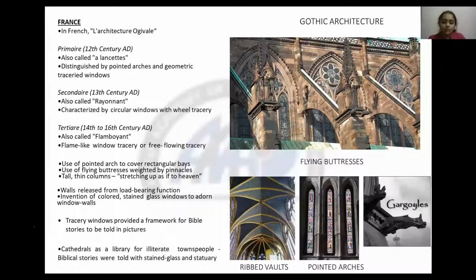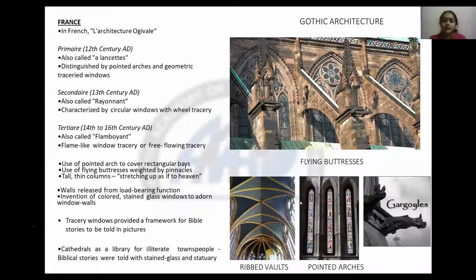I told you what flying buttresses are. For example, above the ground you call it the superstructure, and below the ground you call it the substructure, like the foundation and everything. When the building or walls get too heavy, you give flying buttresses outside, which is an external support that transfers the weight from the walls to the ground. That is how flying buttresses act.